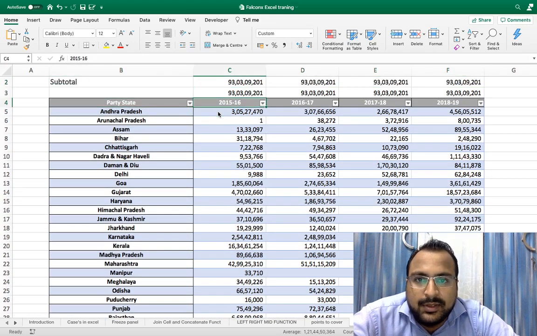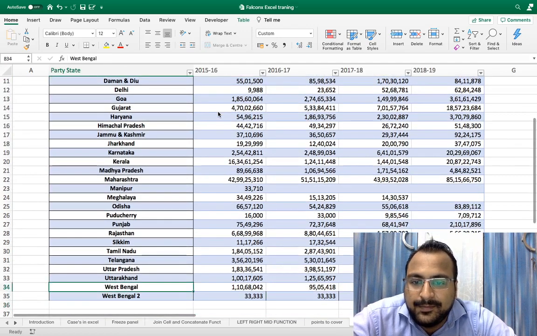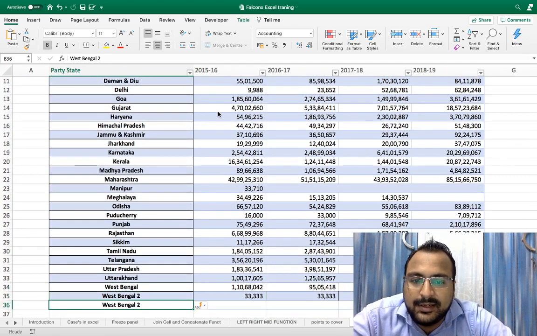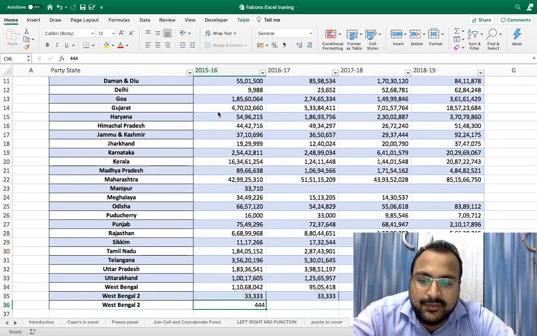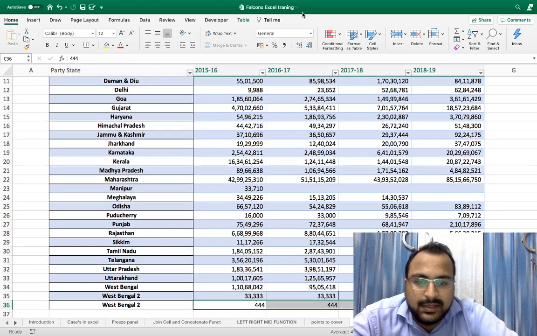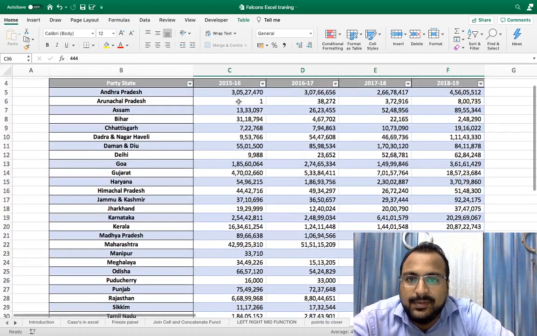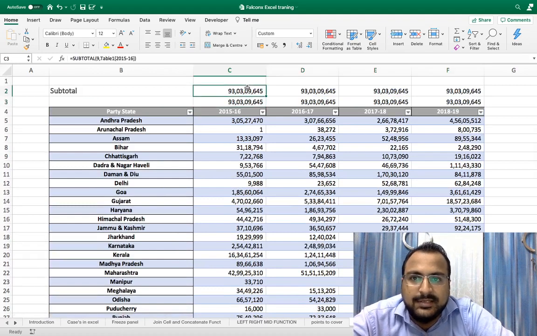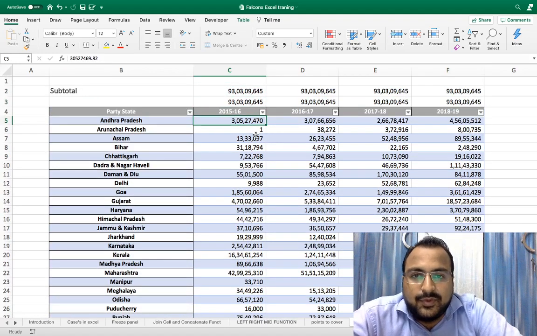This way, if you add one more row here, it will automatically get added in the formula. As you can see, this amount will be added in the formula itself. This was a bonus tip.